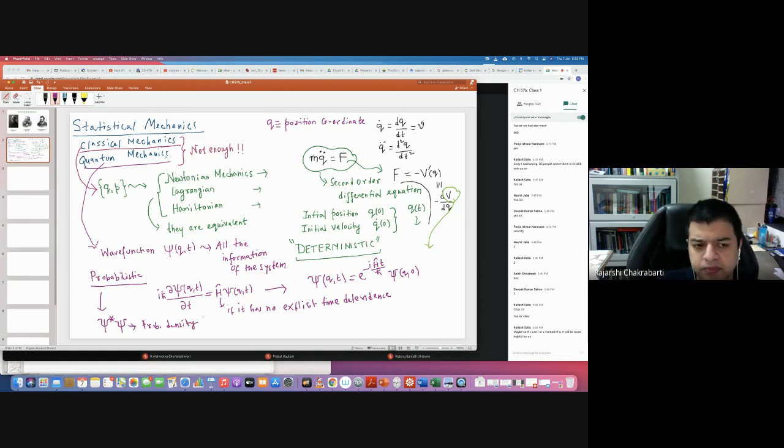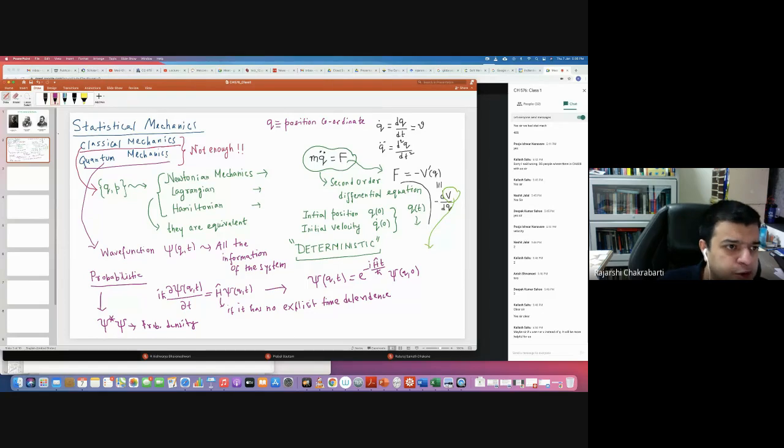Okay. So this is the structure of classical mechanics and quantum mechanics. Even in quantum mechanics, you cannot solve problems beyond the hydrogen atom. You know that. If I have a helium atom problem in quantum mechanics, you cannot solve it. So then you can do something else, which statistical mechanics gives you a prescription for.